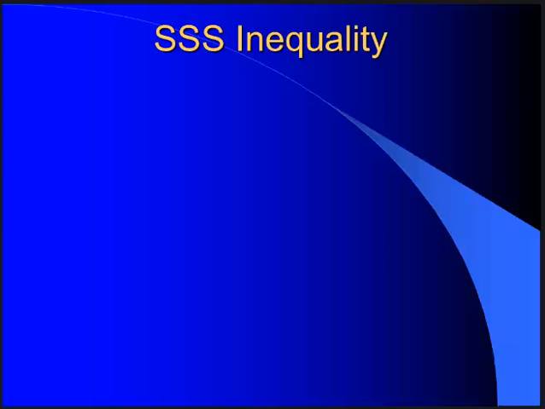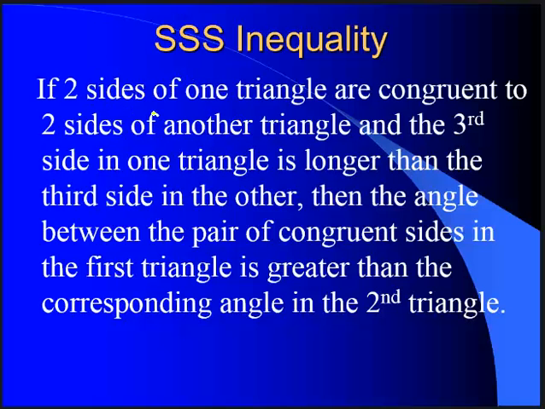Another inequality is the side-side-side inequality. Let's see what it says. Obviously having to deal with all three sides, just like the last one was side angle side, and we dealt with two sides and their included angle. This one says, again, we're comparing two different triangles. If two sides of one triangle are congruent to two sides of another triangle, and the third side of one triangle is longer than the third side of the other, then the angle between the pair of congruent sides in the first triangle is greater than the corresponding angle in the second. So this is backwards from what we just learned. Let's look at a